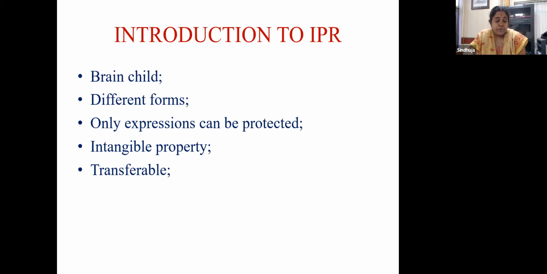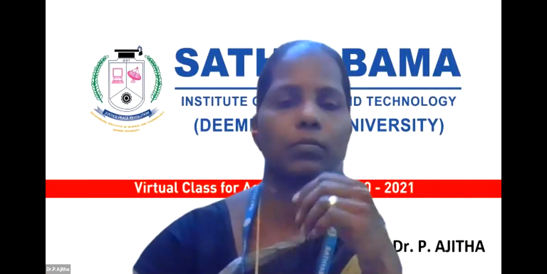So ideas cannot be protected. It has to be expressed in a medium that it can be reproduced for further use. And then intangible property. As I said, these are physical properties or tangible properties. So intangible property are those lacking a physical component in existence, and then transferable, of course, because certain IPRs can be transferred. You would have seen in several movies where the patent rights have been transferred from one company to another company, and then the patent is transferred to the